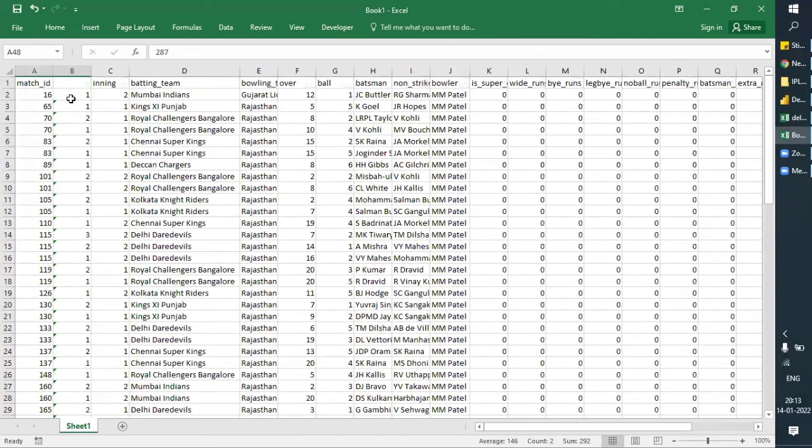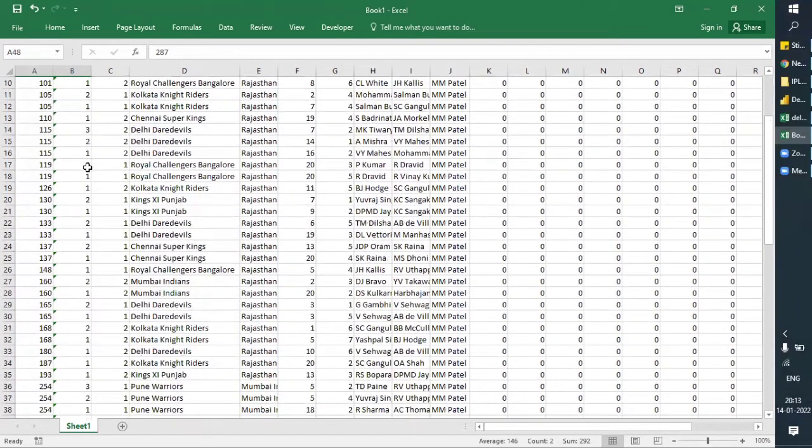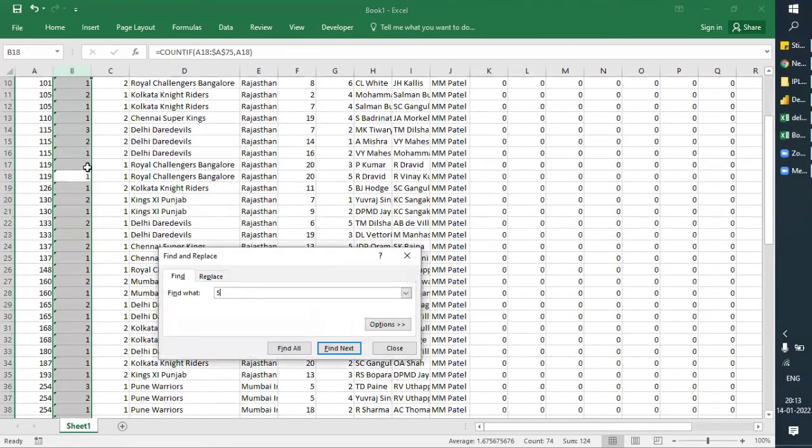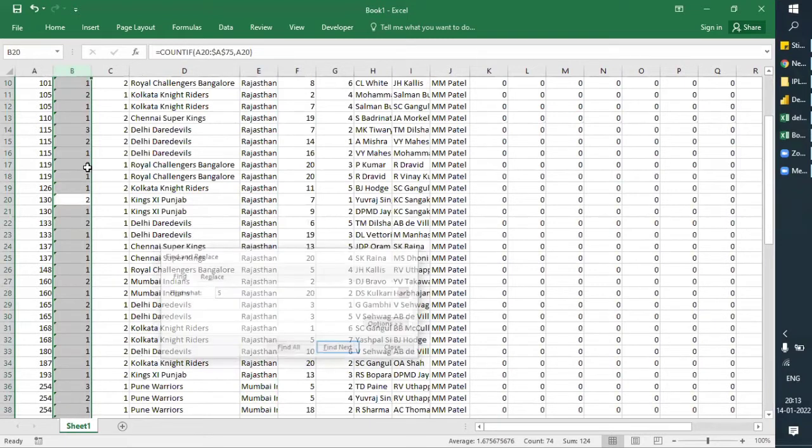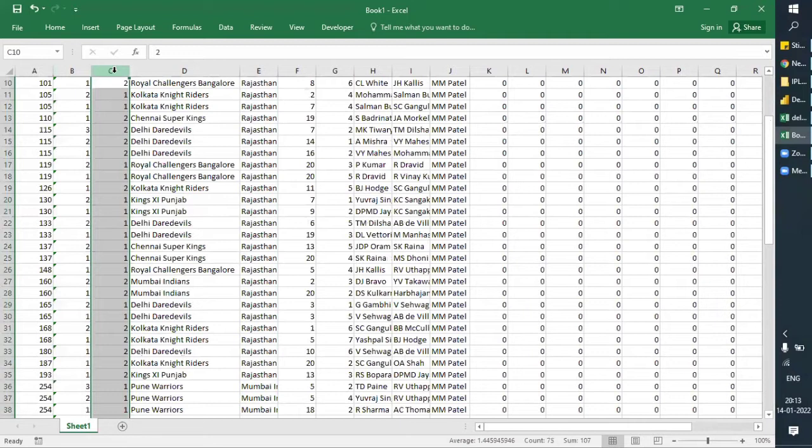Okay, fine. And where is it? Let me just insert, move one column.